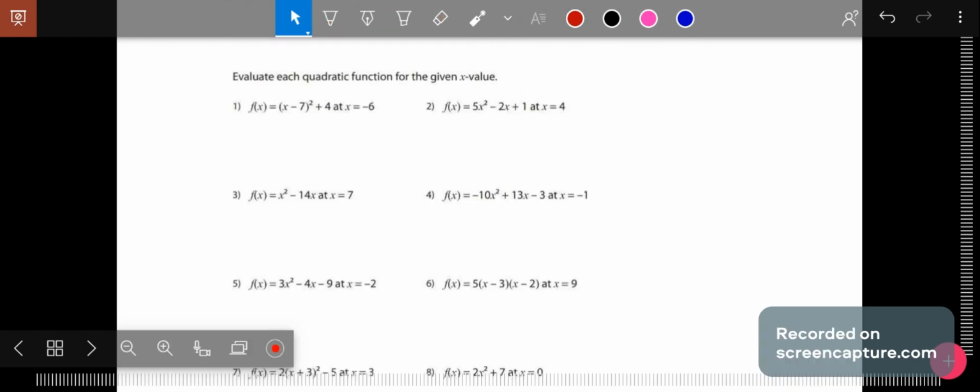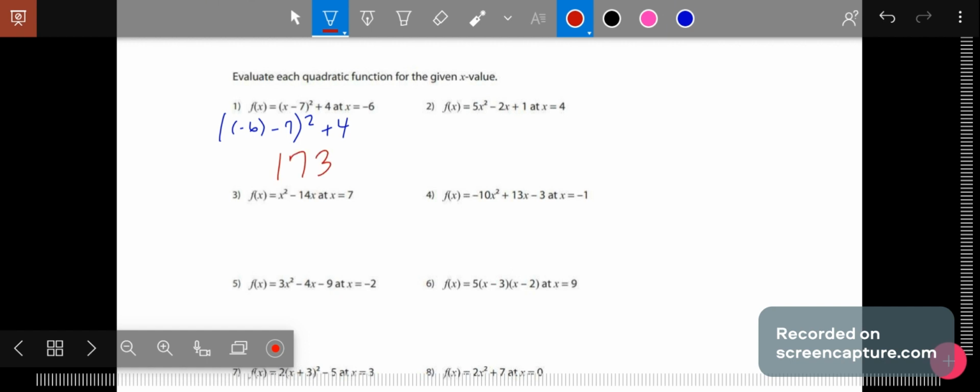Okay, evaluate the functions that are given. All you're going to do is plug in the value that's given to us. So we have parentheses. Please put the values in parentheses that they're asking us to find so that we can put them in the calculator and get a correct answer. So this is how you would type this into the calculator. -6 minus 7, that's going to give us a -13. Squared is 169 plus 4 will give us a